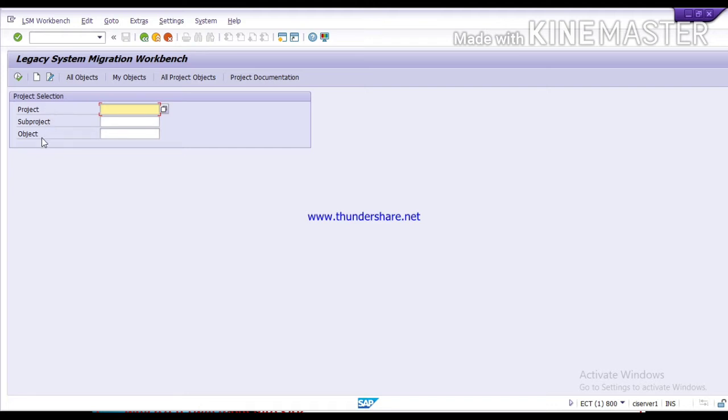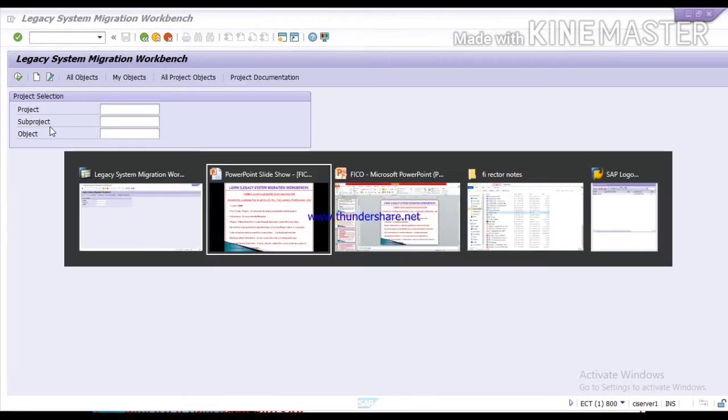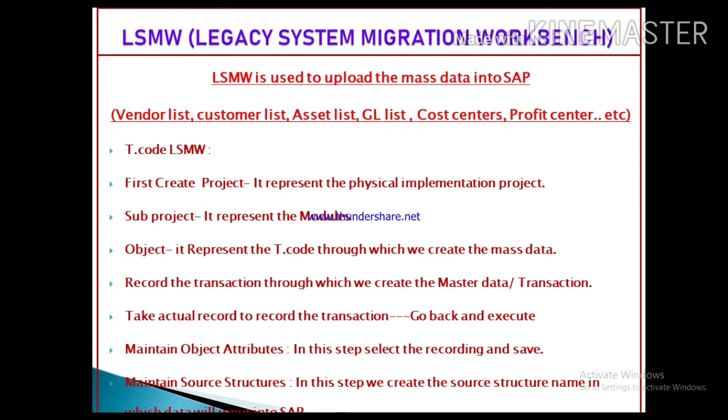Now the question is, what is project, sub-project and object? In this presentation I have mentioned each term. The first is your project. Here project represents the physical implementation project.